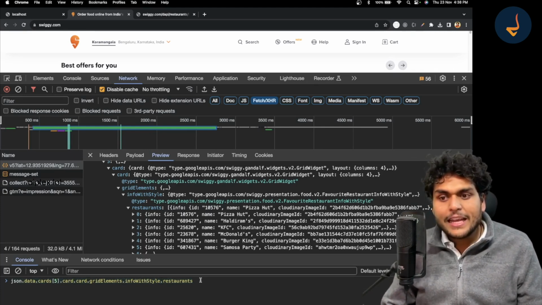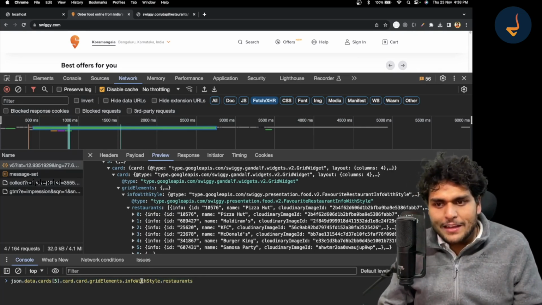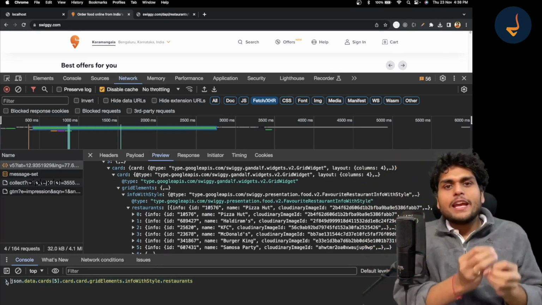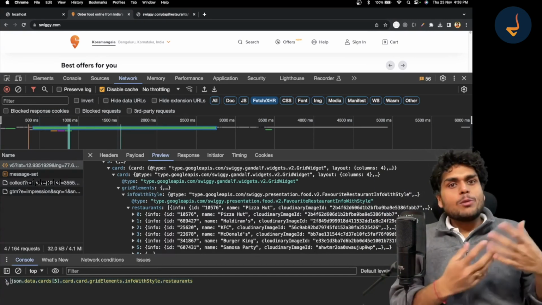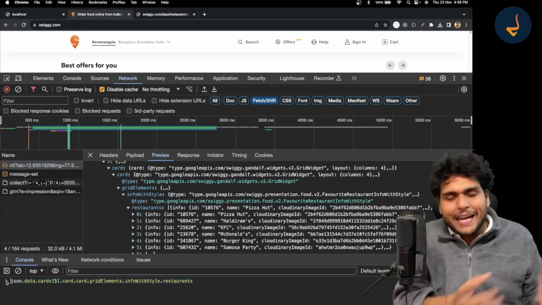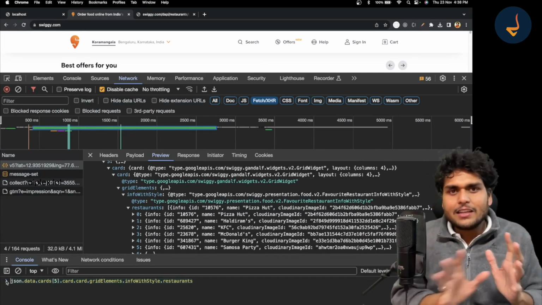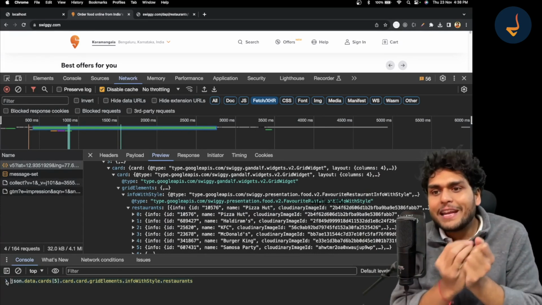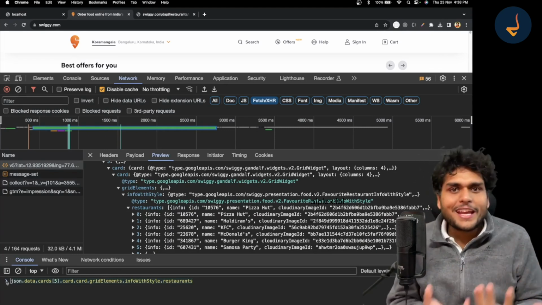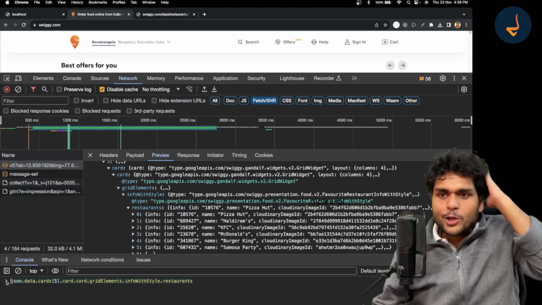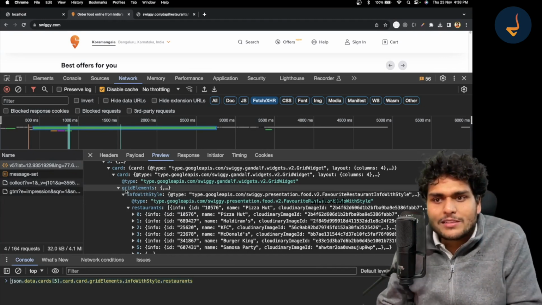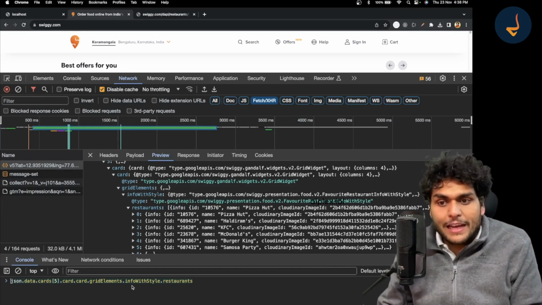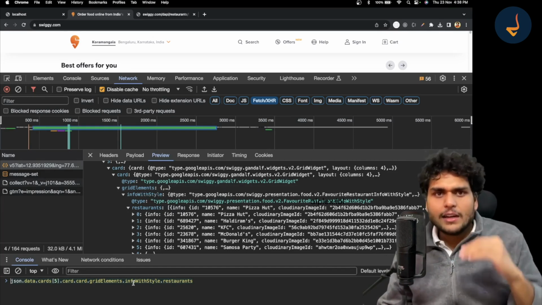So last time in episode 6, when I was teaching, the structure of the data was different. Today, the structure of data has changed, and tomorrow or in future, Swiggy will again change the format of data. You should be capable enough to find out where my restaurants are. Tomorrow they might rename this grid elements to something else. Who knows? So we will have to stay updated with the API.